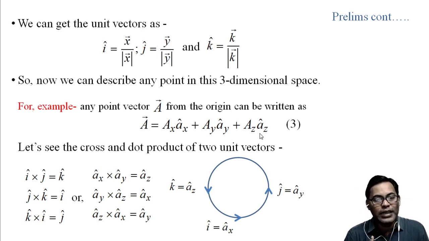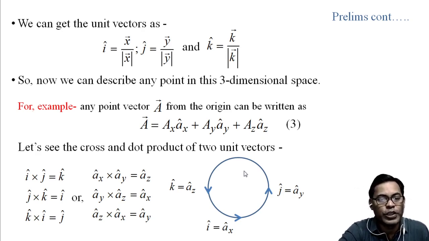To remember easily, we are going to use the famous unit circle. This is the unit circle. On it we represent i in this arrow, j here and k here, and if we move in the anti-clockwise direction, then we get i cross j equals k, j cross k equals i, k cross i equals j. But if we move along the clockwise direction, then we get i cross k equals minus j, k cross j equals minus i, j cross i equals minus k.